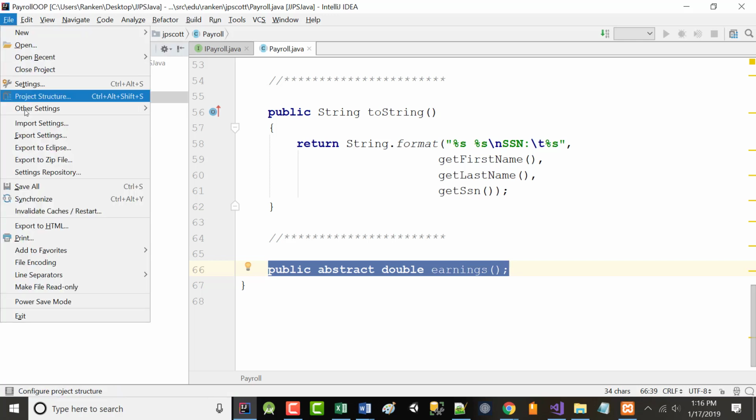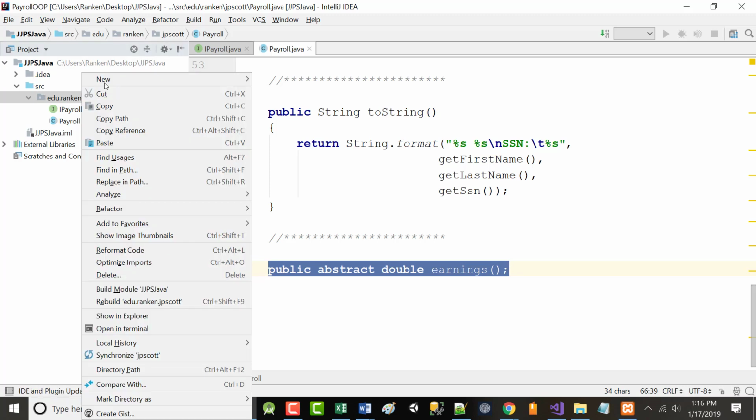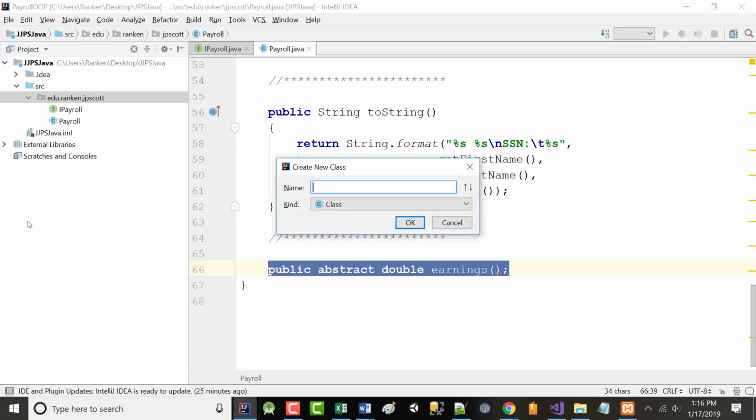So again, File, Save All. We don't have a main in here yet, so we still can't run it. And that's okay. All right, so we're going to again right mouse click on our package name. We're going to choose New Java Class, and we're going to call this class Hourly. And we want it to be a class. All right. This is the biggest one out of the ones that we'll create. Not a warning or anything, but just so you know. That's probably the biggest.